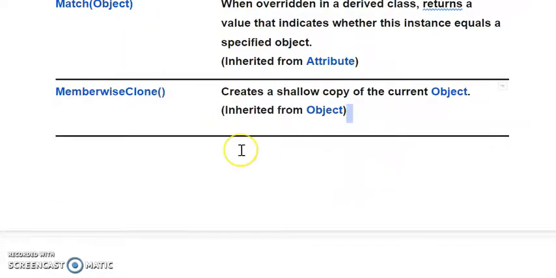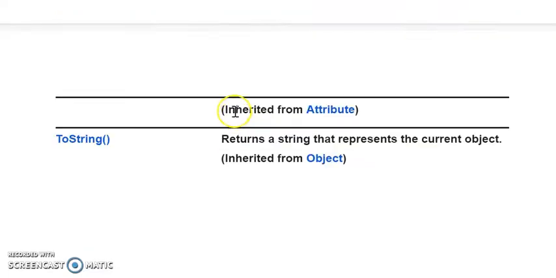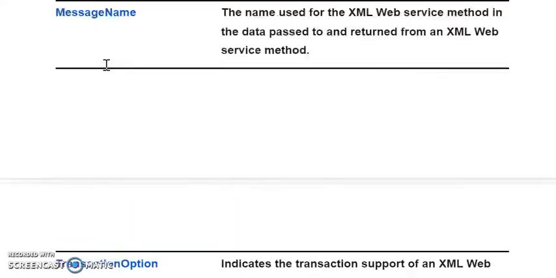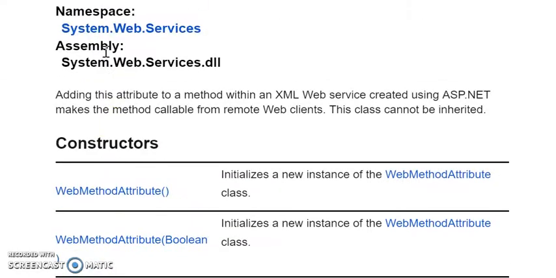Cloning, that you can copy the structure of an object from one object to another object, that you know the clone concept. Clone means it will copy the object containing which are the attributes, which are the methods. That structure will be copied to a new object. So it will not copy the data, it will copy only its properties and the functions. Then ToString, it will convert that particular object into the string format. When you want to print that object data into your browser, then it should be in a string format. So this is about the first one, that is the web method attribute.